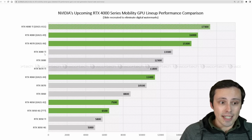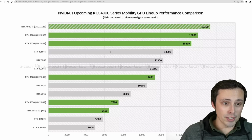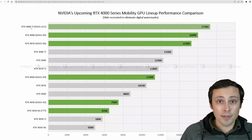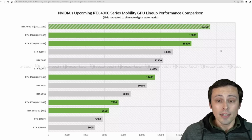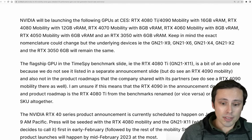3070 Ti, 3080, and 3080 Ti are all beating the 4060, but then we see the 4070 faster than the laptop 3080 Ti. Again, laptop versions we're looking at here. And then we're seeing the 4080, of course, ahead of the 4070, and then the 4080 Ti, which they said there's a lot of evidence might actually end up being called a 4090, being further ahead of that with a score of 17,300. So, interesting stuff, and once again, they are claiming that this will all be announced in January